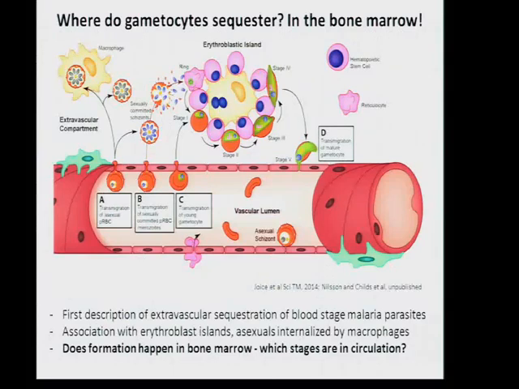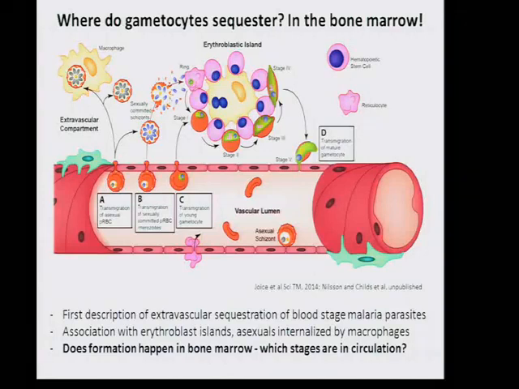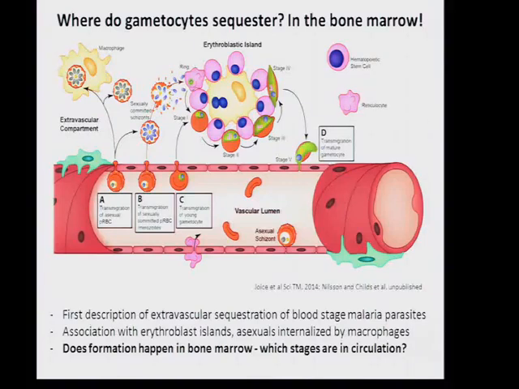That's something I'm going to go into in much more detail tomorrow morning in another session at Symposium 173. But the basic answer is the majority of them are sequestered in the human bone marrow. And this was a large collaborative study with Terry Taylor's group in Blantyre, Malawi, and a number of other people, where we looked at autopsy cases of children who died of cerebral malaria, and then did a comparative analysis by immunohistochemistry and qPCR. And what we found is that not only are they sequestered in the bone marrow, but they're actually sequestered in the extravascular space of the bone marrow. This is a very important finding, and the first description of extravascular sequestration of blood stage malaria parasites.